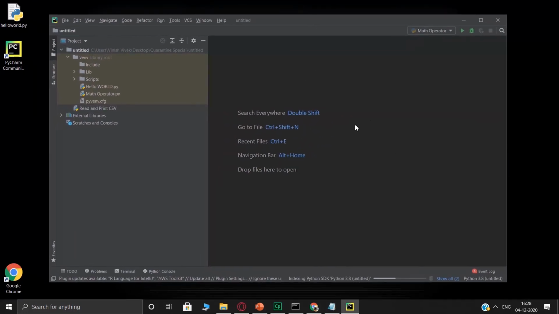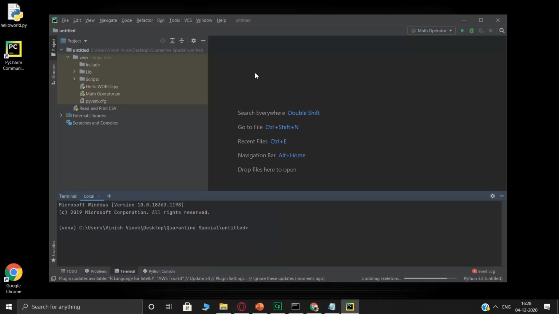And it is integrated, so you have everything over here. You have your source code editor, your debugger, your compiler, interpreter, whatever you need. Everything is in one place. So your execution is faster and you don't need to do this whole saving process that we did for the notepad. Everything can be done over here only.